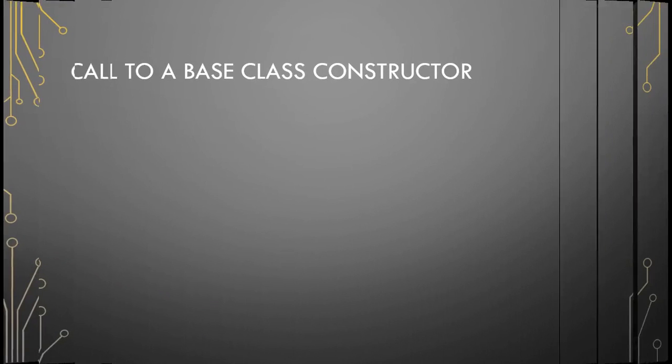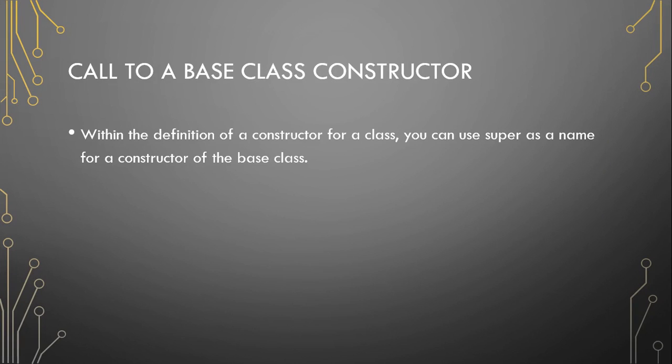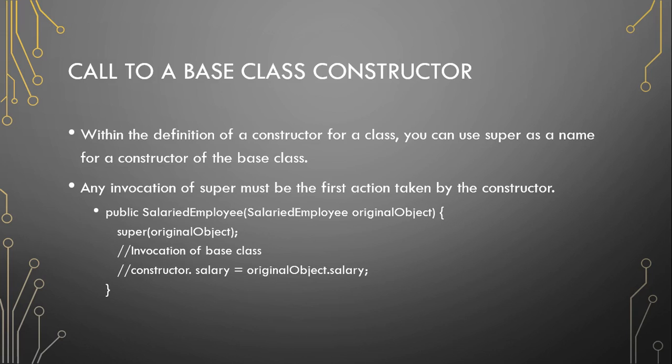Now, a call to a base class constructor within the definition of a constructor for a class. You can use super as a name for a constructor of the base class. Any invocation of super must be the first action taken by the constructor. So, for example, here we have public SalariedEmployee(SalariedEmployee originalObject) { super(originalObject); which is an invocation of the base class constructor. So therefore, salary = originalObject.salary;